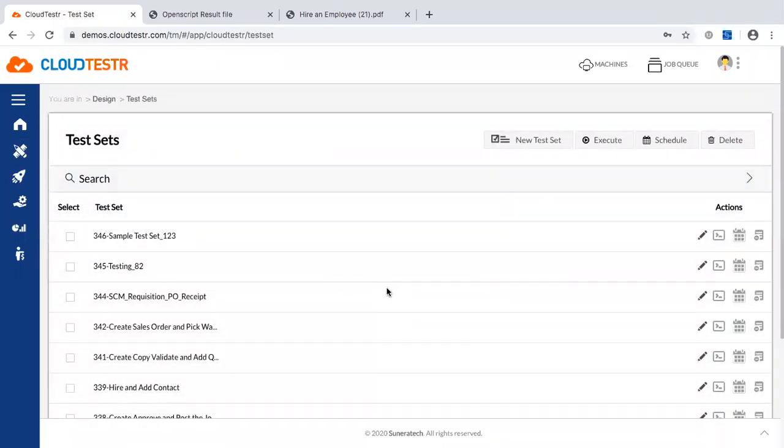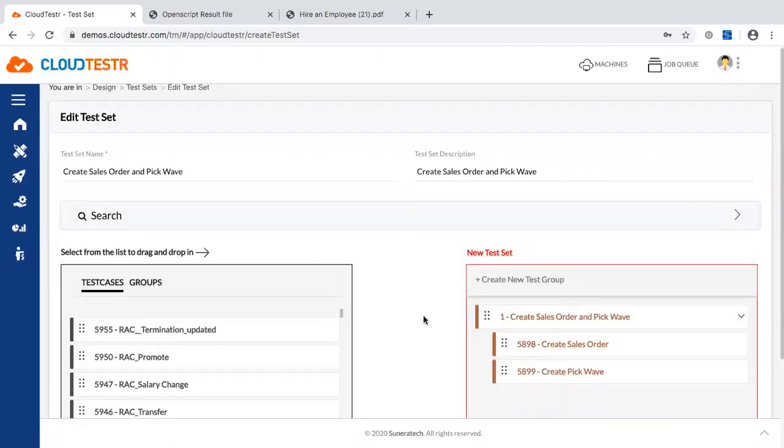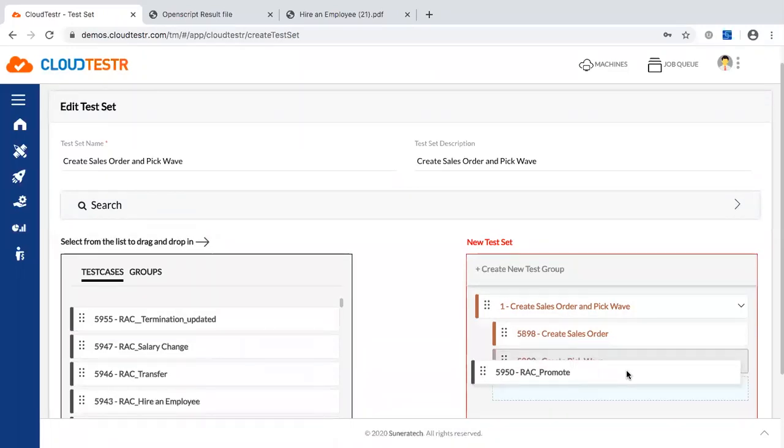You can also do end-to-end tests that we talked about. For example, if I take this particular test here, this is a test where we are creating this whole end-to-end process of creating a sales order and pick wave, right? So if you're doing this, I can create a dependency test case like this. These are going to run in sequence, and I can run some other tests in parallel, right? So I'm orchestrating my tests in such a way that if there are any end-to-end flows that have to happen, I'm able to do that